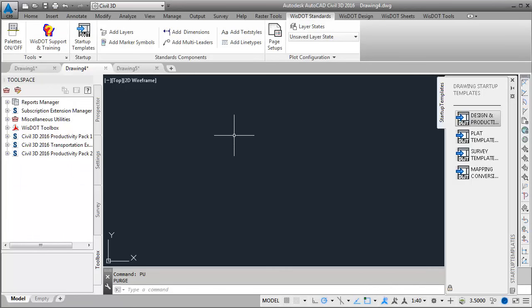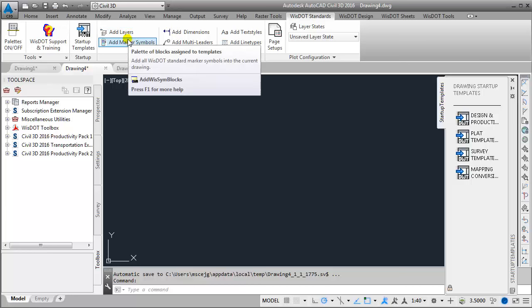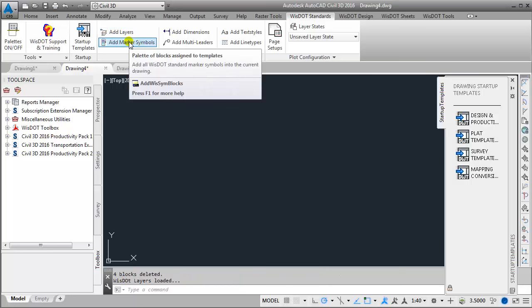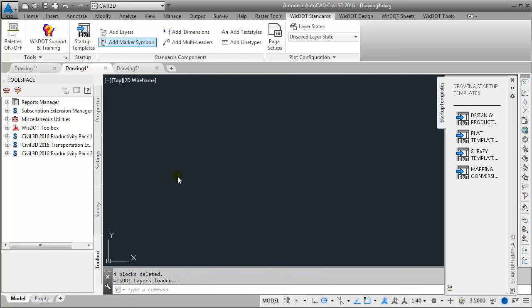Each one of these tools in the standards components panel will add the component to the current drawing. Click on add layers, even add marker symbols. What these tools do is add layers and any other components that those layers may need to the current drawing. Okay, I can add dimensions,